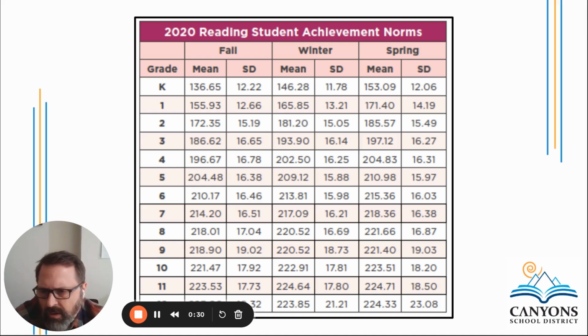This chart, just to start off with, is a great comparison. It basically is a guide to where students are in the nation on scoring, the average per testing window. We don't have our own norms set up in Canyons yet because we haven't had enough tests. But until we get that, you can use this chart to gauge where your students are in comparison to students